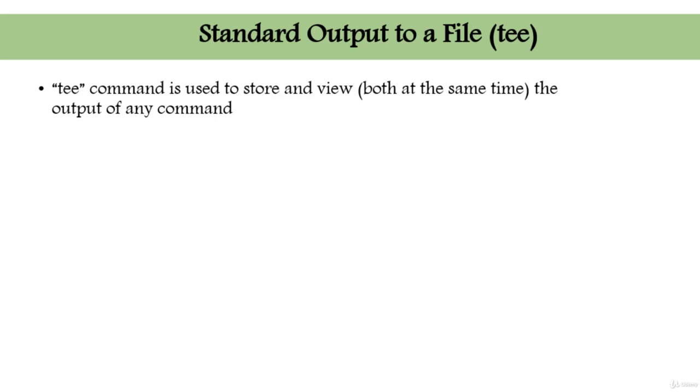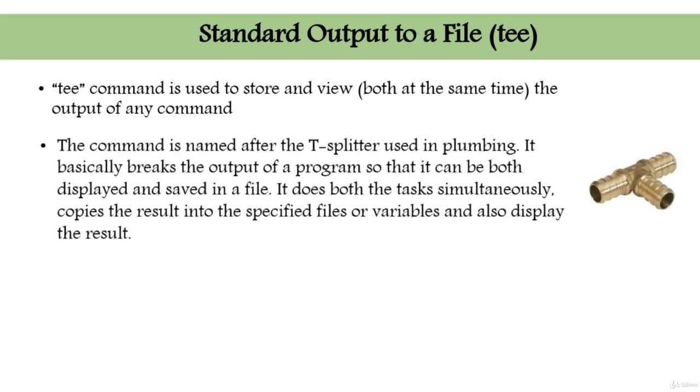What the tee command does, the tee command is used to store and view, both at the same time, the output of any command. In other words, the command is named after the T splitter used in plumbing. So you've seen the T splitter, right? You put in the water from one side, it comes out from both sides. So this tee command works pretty much the same way. It basically breaks the output of a program so that it can be both displayed on the screen and saved into a file. It does both tasks simultaneously, copies the result into a specified file or variable,